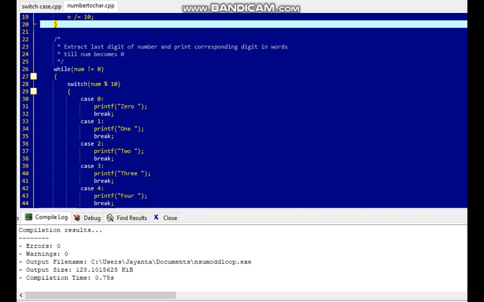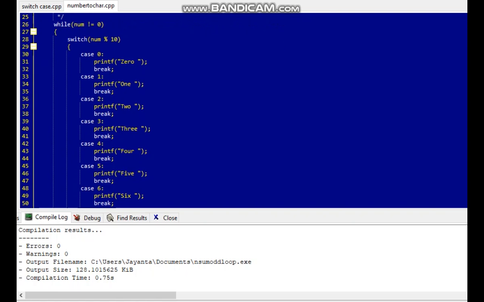So case 0 is here, that is printf 0. For 0, it should be printed as ZERO. For case 1, it should be printed as ONE. For 2, TWO. After that, as we use the break statement in the switch case, for 3, it should be printed as THREE.